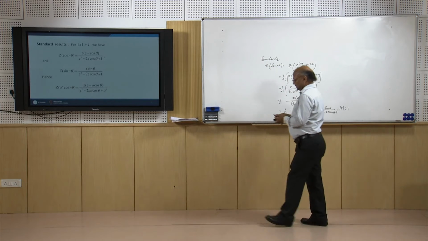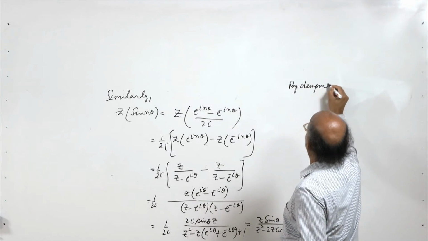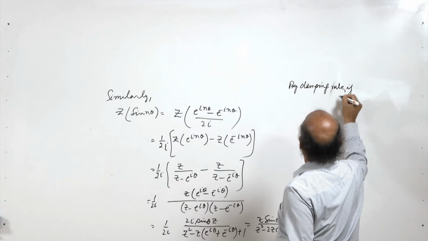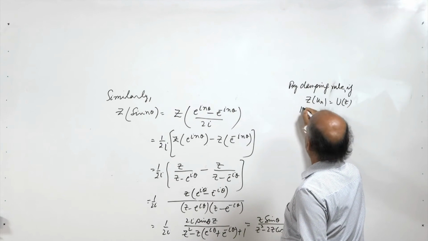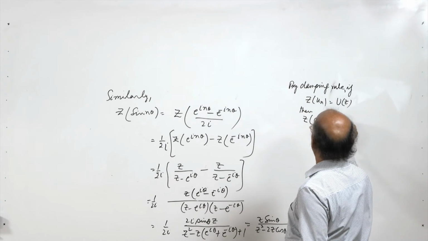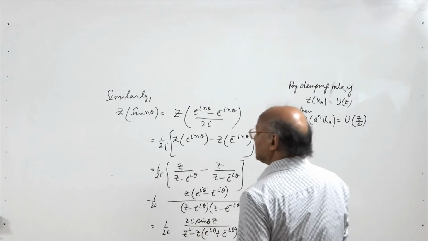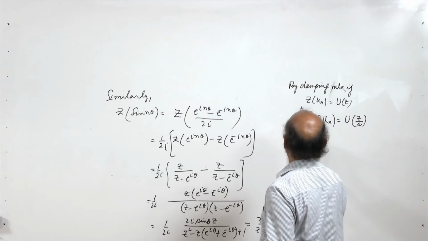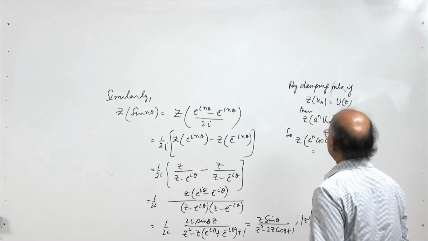Let us recall the damping rule. We know that by the damping rule, if the z transform of a sequence u n is U of z, then the z transform of a to the power n u n is equal to U of z by a. So the z transform of a to the power n cos n theta will be equal to, in the z transform of cos n theta,